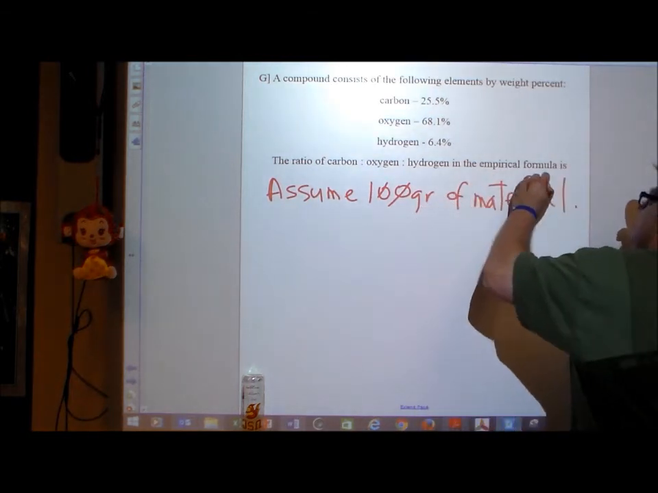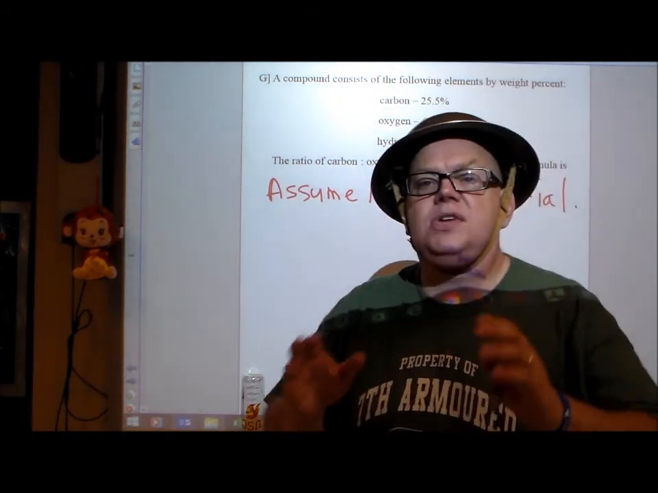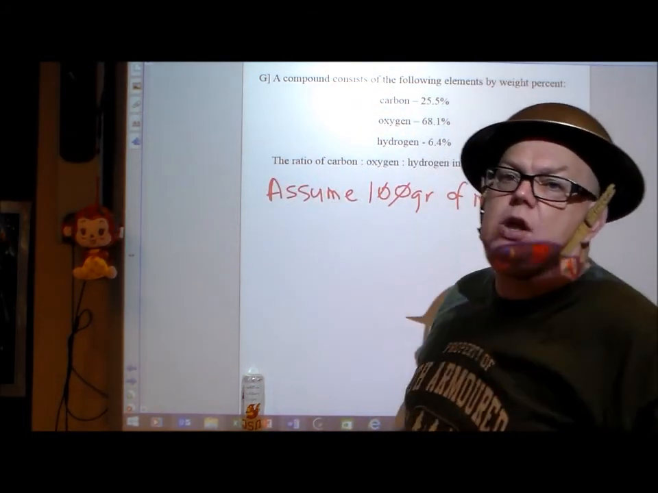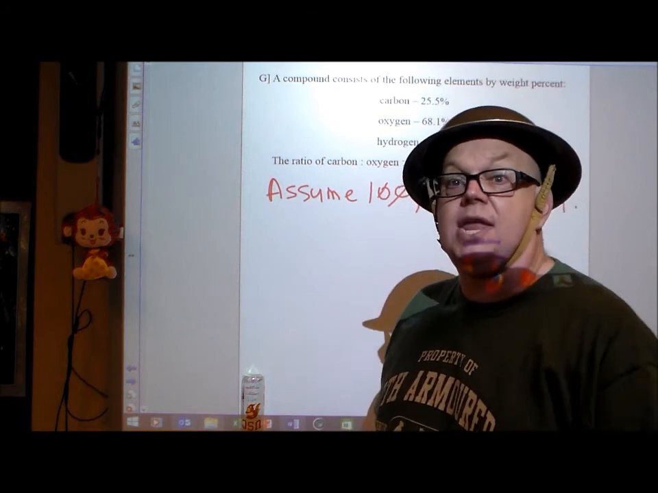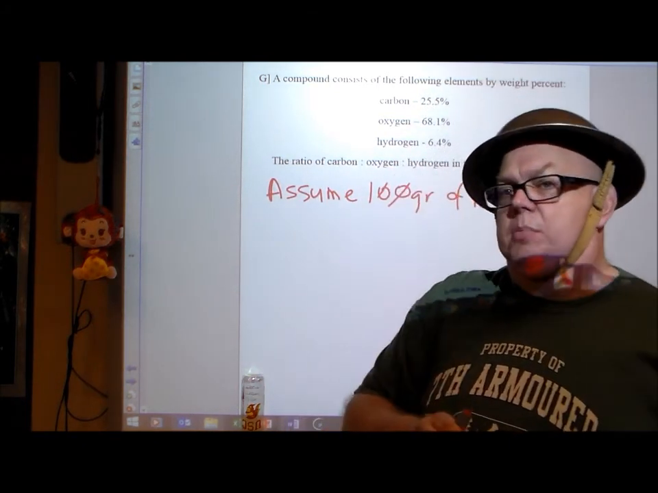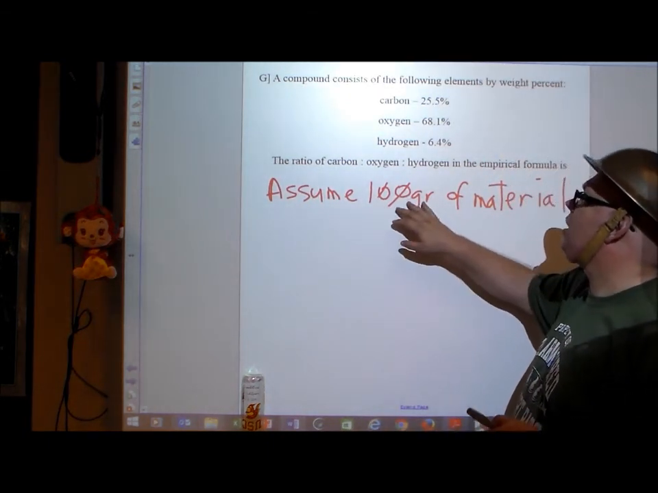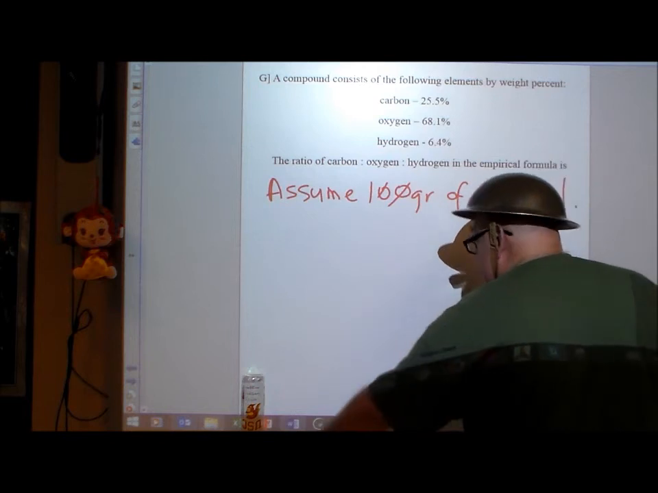I would assume 100 grams of the material. How come? Because they gave me the percent. It doesn't matter if I have 1,500 grams or 2 grams of it. You're still going to have the same composition, right? So I'm going to make it simple for myself and say I got 100 grams, which means that in carbon